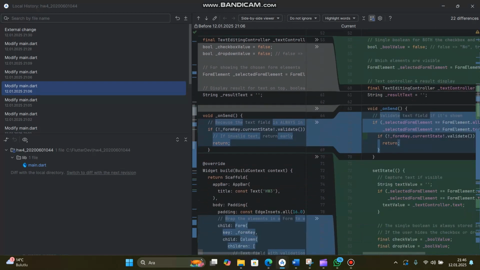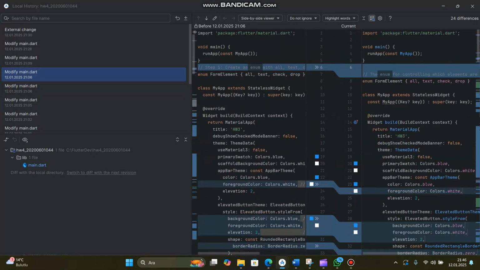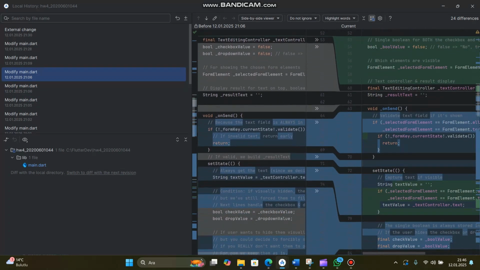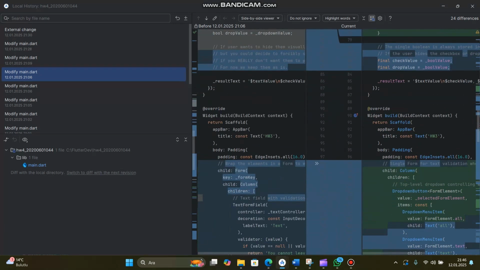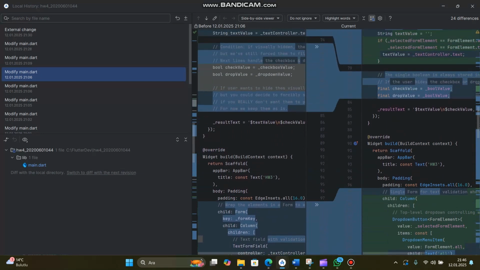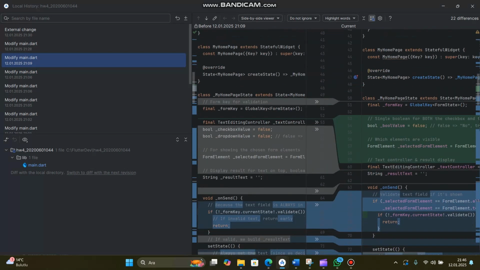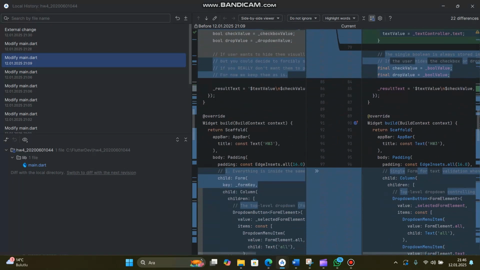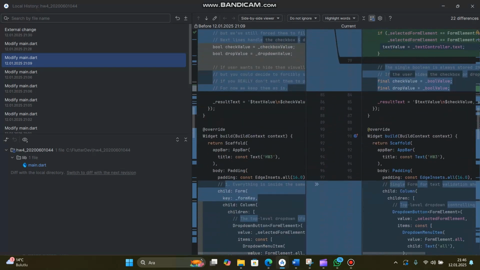So I try to implement a different approach for the onSend method, but then later on I decide that it's not the best approach for the text to always validate. So later on I will keep the validate the same,